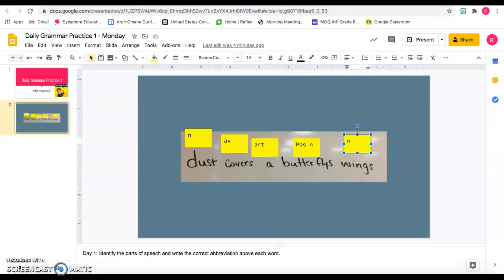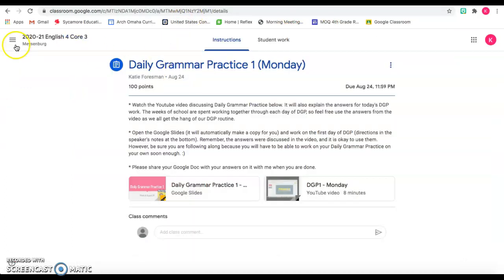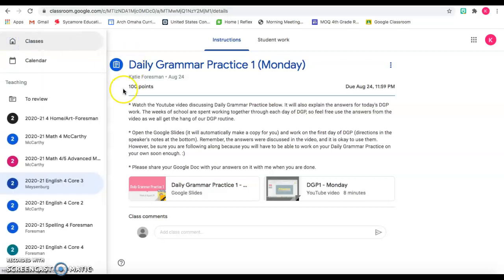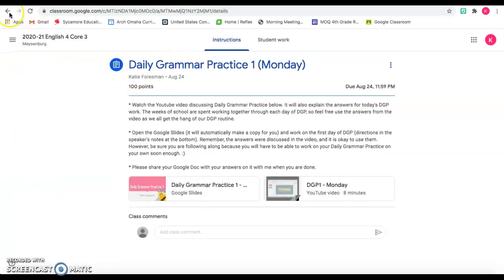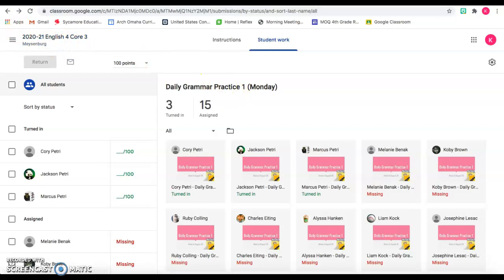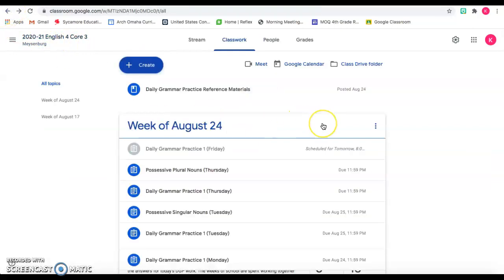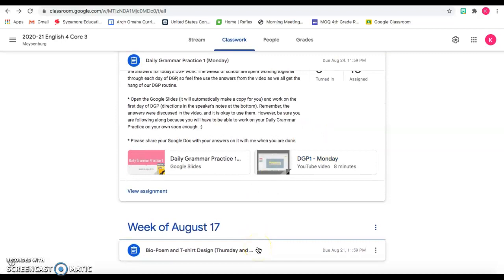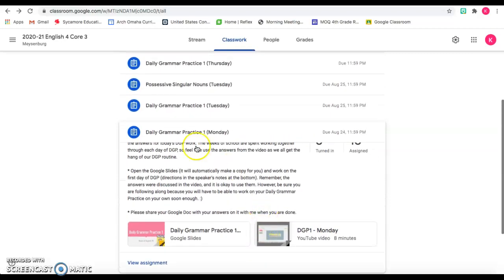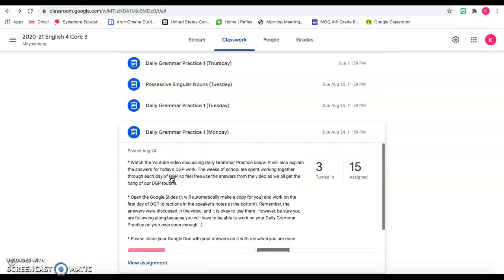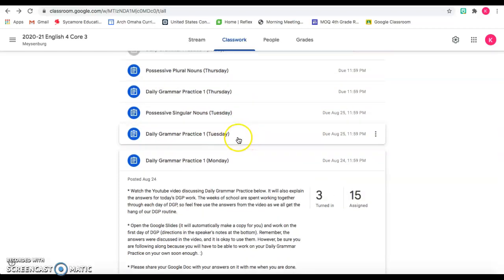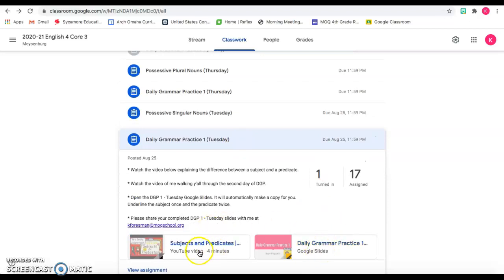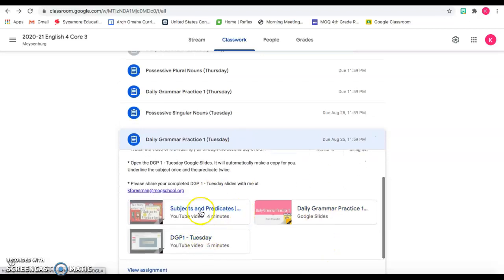Now, there is still some extra work that you guys have to catch up on, but it's okay. We're all still learning how Google Classroom works, how everything's set up. But if you're feeling really ambitious and you've done your bio poem and t-shirt design, you've done DGP 1 for Monday, you can move on and try DGP 2 for Tuesday. There'll be another video for you. Actually, there's a couple videos for this one,